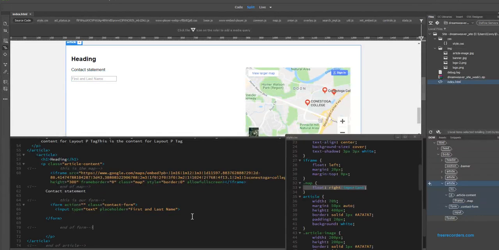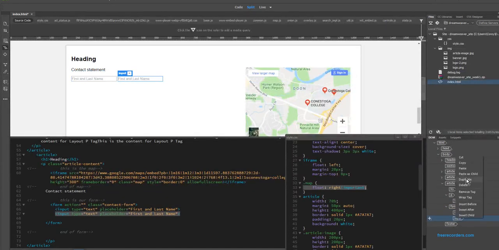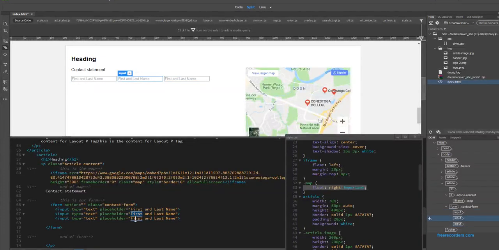Then we can continue on doing this. Rather than writing this all out, let's just use the DOM again, and we'll duplicate. Duplicate again. And then what we can do here is type in, for example, phone, email, and we're going to use an alternative way of adding in content, and this is called a text area or a comment box. So to do that is just type in text area,